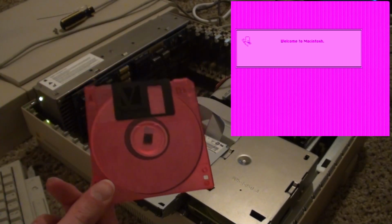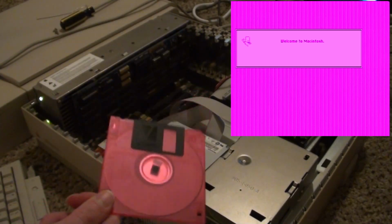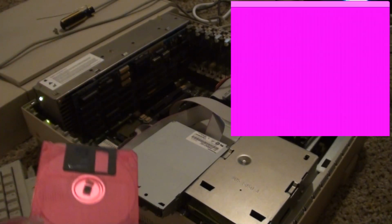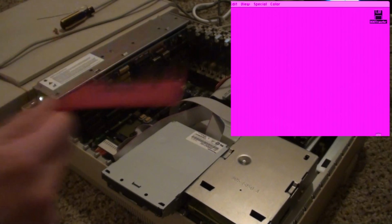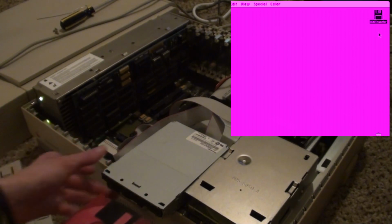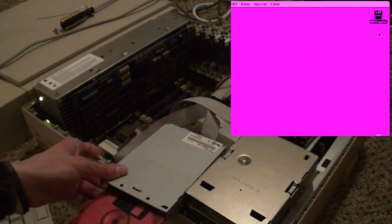I can write a disk image of this that has System 7, and then we can boot up System 7, install System 7 onto the hard disk, which I'm assuming is just not formatted. We'll wipe it. Whew, this is quite a lot of stuff going on. So over there, we can see the 800 transfer up here in the corner. So if the secondary drive, here we go, is going to work,